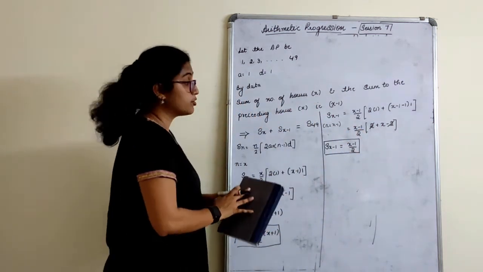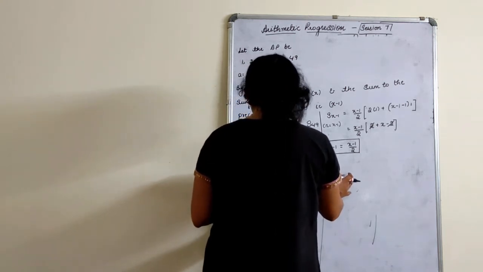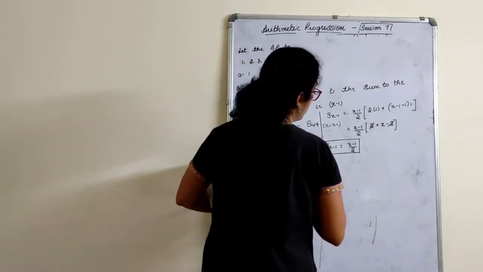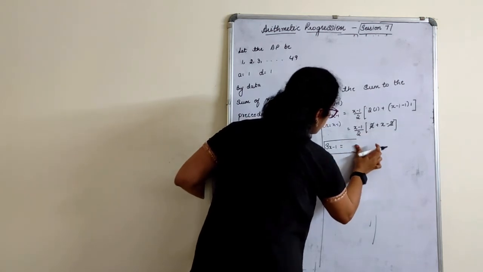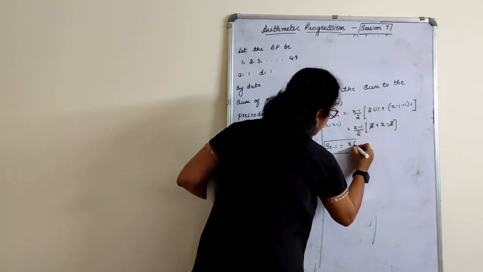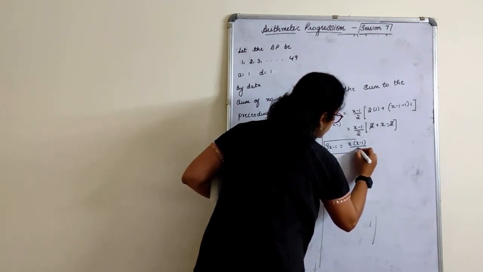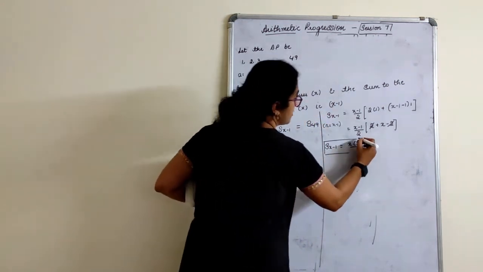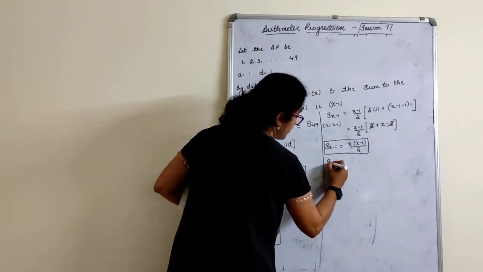So we got S of x minus 1 sum. Now next, this x minus 1 of x is there here once again, so I will write this as x of x minus 1 by 2. Right? It is the same thing. This x I forgot to write here. Last is S49.